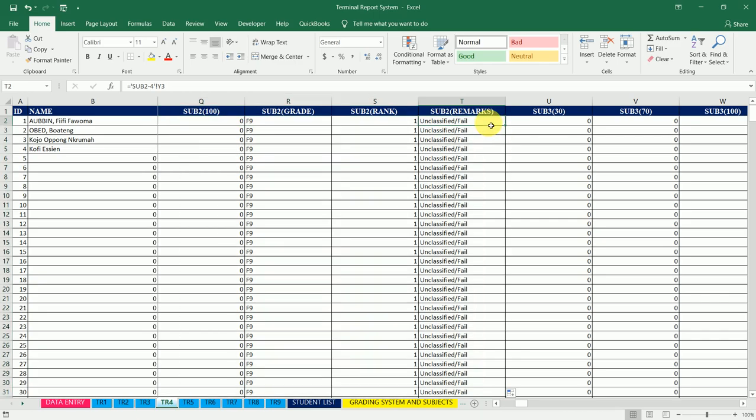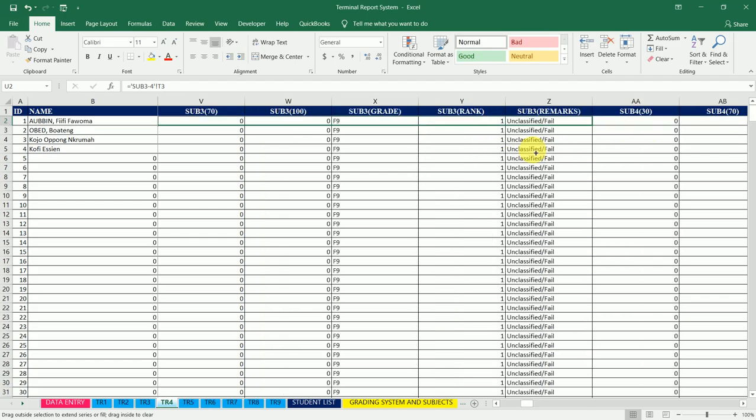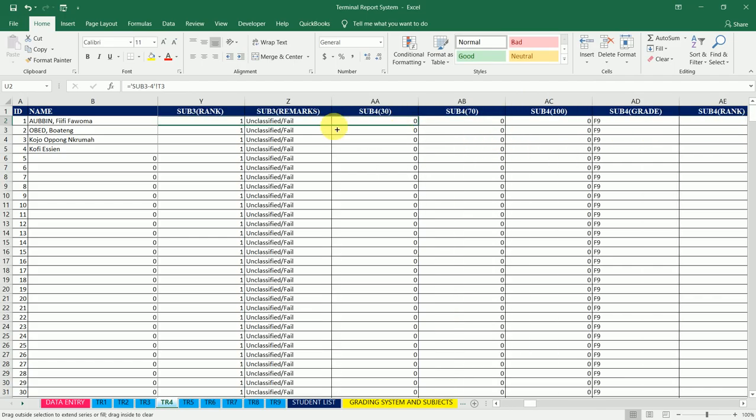Good. I'll go to sub 3 4th term. So you drag and make sure you get to the remarks of sub 3. So sub 3 4th term, and go to sub 4